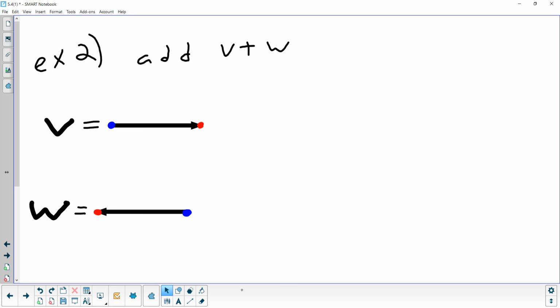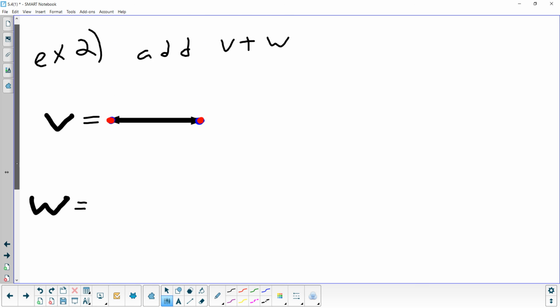To add these vectors up, you're supposed to connect the end of one to the beginning of the other. So we should be connecting that red one to that blue one. And then once we do that, you draw an arrow between this and that. But if you line these two up like you're supposed to, watch what happens to the other two. Okay. Lining up these two dots also lined up these two dots. So now when I connect this red one to the blue one, they're the same point. So I don't really have a vector here. Okay, what that's called,